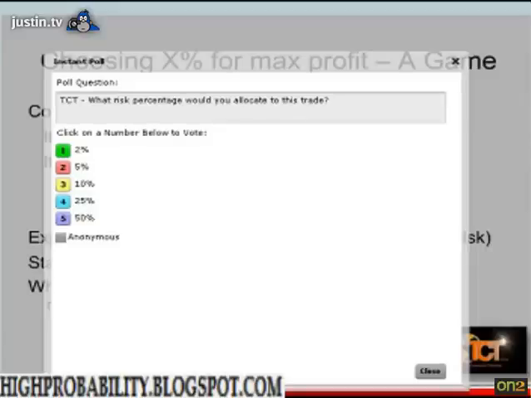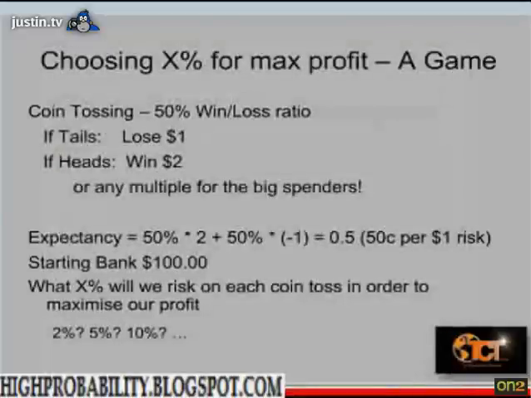Now, as I said before, there is an optimum figure, because if you risk a very low amount, you won't get much return at all. If you risk a very large amount, such as 100%, then you'll lose the lot at the first loss. And so there must be an optimum number somewhere in between. Most people have chosen 2 or 5%. So let's just throw up a spreadsheet which shows the calculations.